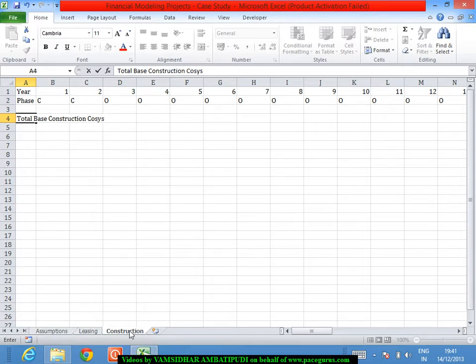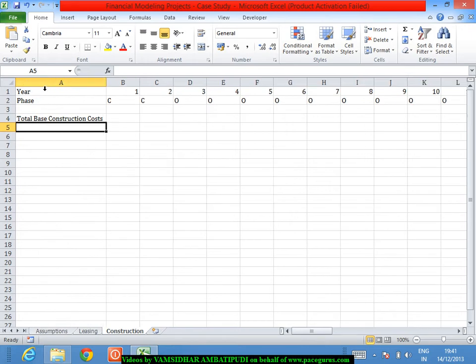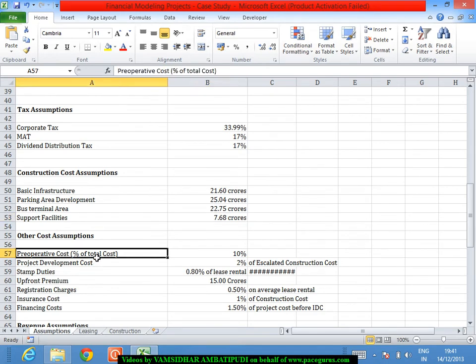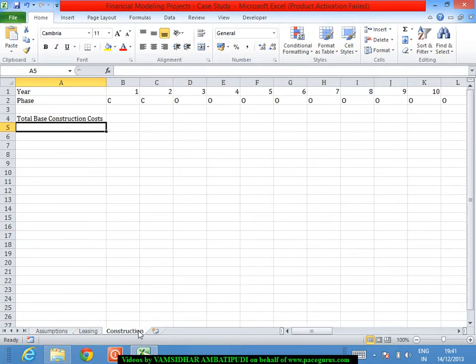Why are we talking about total base construction costs? On top of it, a lot of other costs will be incurred for us. What are those other costs? Yes, I am talking about pre-operative cost, which is a percentage of the total cost. So I'll call it